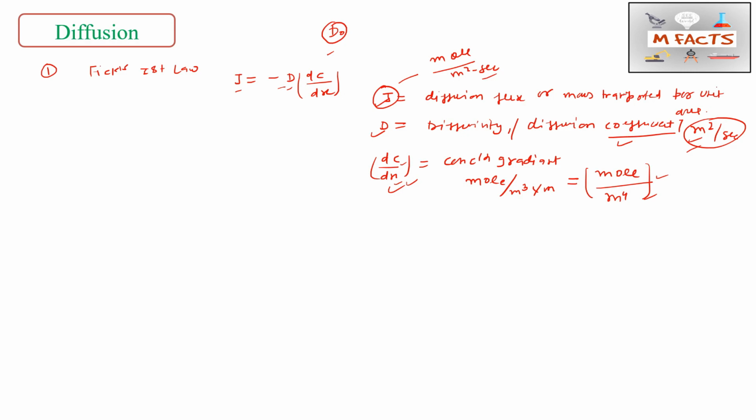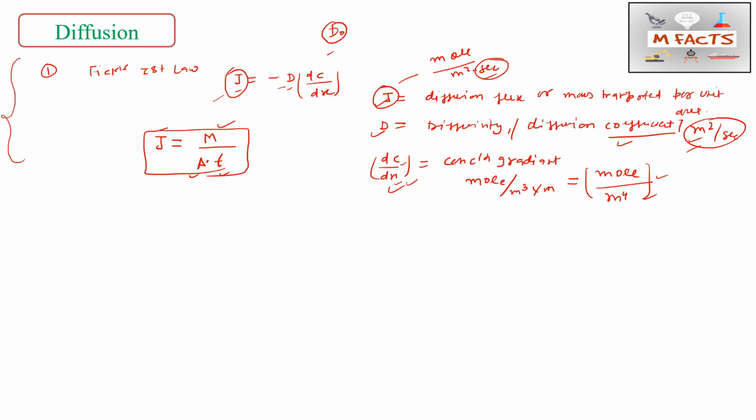Okay, so whenever we are considering this diffusion process, we will always take time in seconds. Why is this time not visible here? Because this J is basically equal to M by A into t. This M is the mass of atoms, or you can say the number of moles, this A is area, and this t is time. So this J is basically mass per unit area per unit time. Okay, so this is all about Fick's first law.